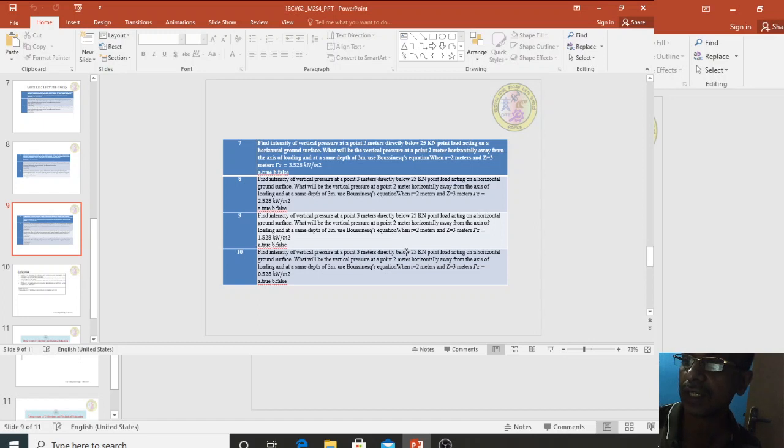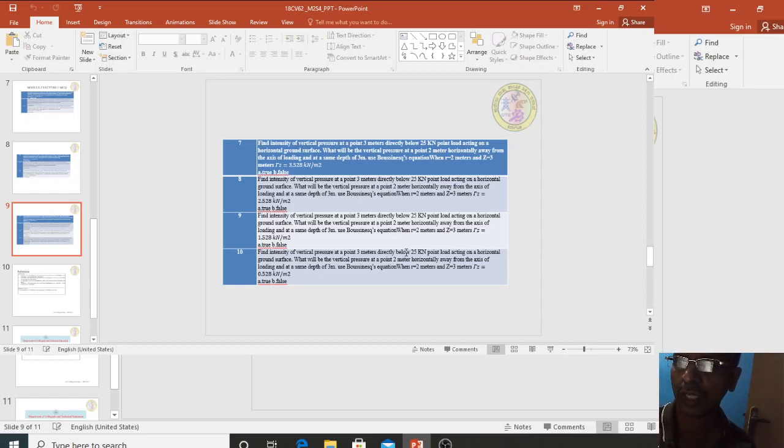Next, find the intensity of vertical pressure at a point 3 meter directly below a 25 kN point load acting on a horizontal ground surface. What will be the vertical pressure at a point 2 meter horizontally away from the axis of loading and at the same depth of 3 meter? Use Boussinesq's equation when R is equal to 2 meter, Z is equal to 3 meter. So R by Z gives 0.528 kilonewton per meter square. That is less than 1.328